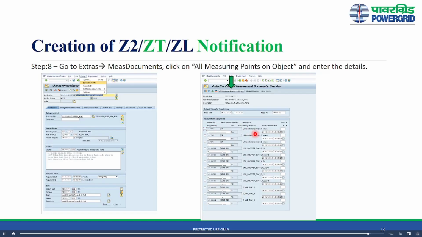Whatever details we are entering in the trip report, what is the LA counter increment in each phase of LA, and what is the temperature, then PLCC channel increment, what are the fault currents in each phase, what is the fault distance recorded at the local end and fault distance and current recorded at the remote end. All these data have to be entered here, and the type of fault, whether it is zone 1, zone 2, zone 3 or a ground fault, phase to phase fault, all those things can be entered here,